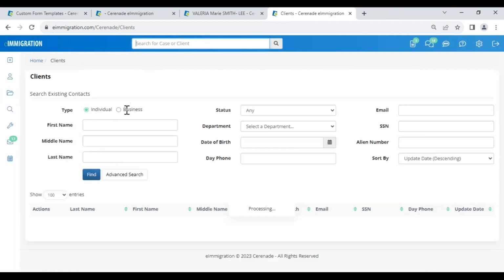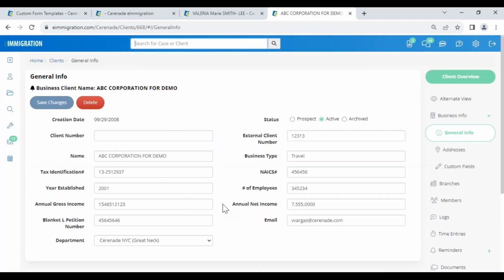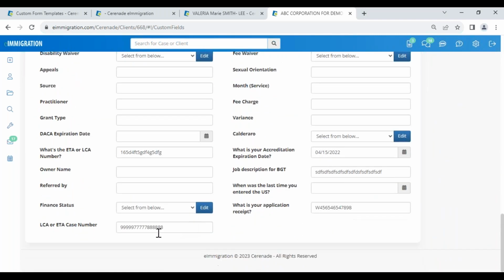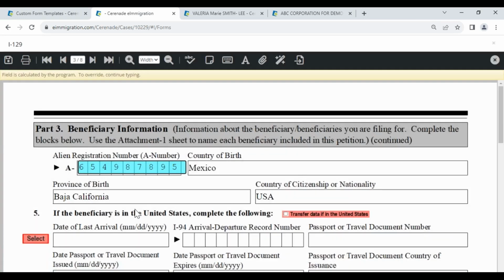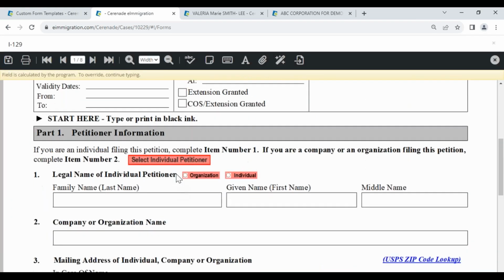I want you to see how it updates their profile. Let's take a look. All right, so now I am reopening their profile. You can see right away it's been modified and the custom field of the LCA has been also modified, which means that if we go back to the form, this form that I was just working on, if I refresh the data, remember that there's a red button right here, organization, or